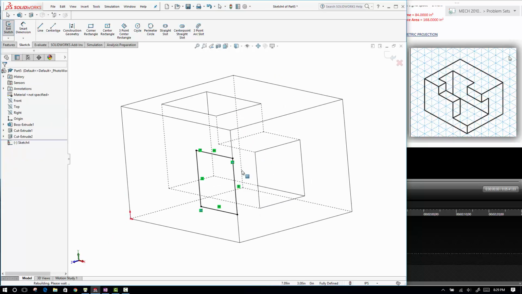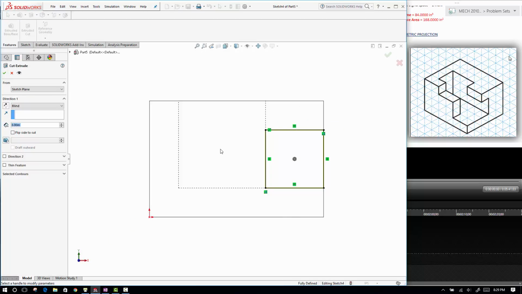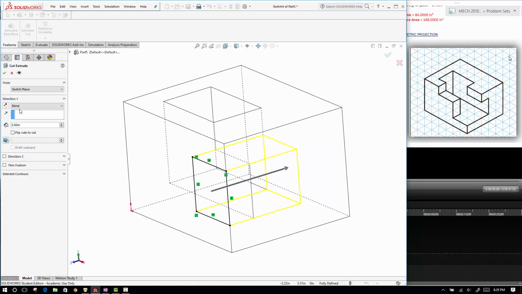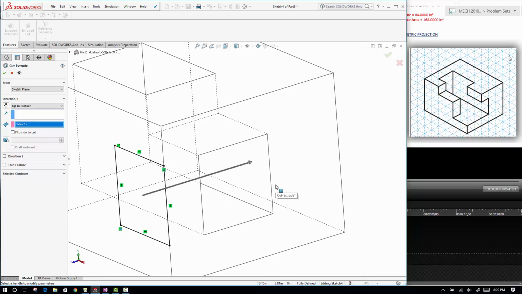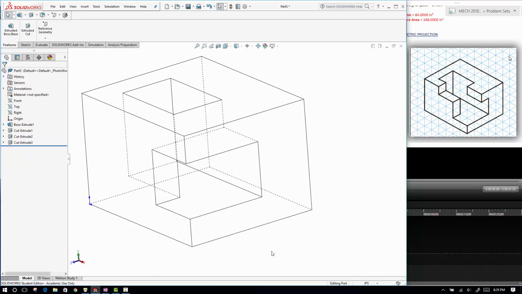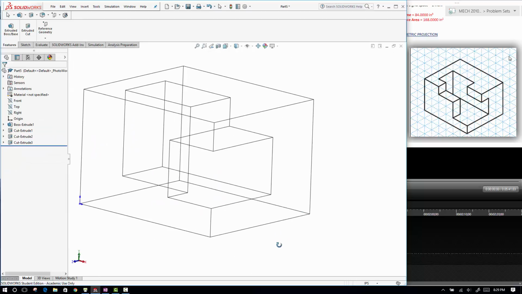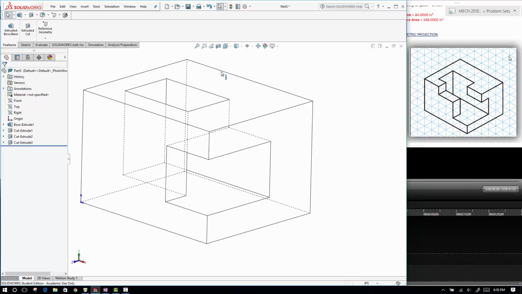Now again, I'm going to use this cut and go up to this surface here. So features, extruded cut, and I'm going to select up to surface and make sure I get in here and select the right surface. It's hard to tell with just being face 1. Again, I should say that that should be highlighted, but if you do the extrusion and it's not the right surface, you have to come back and grab it out and do it again. So let me go back into